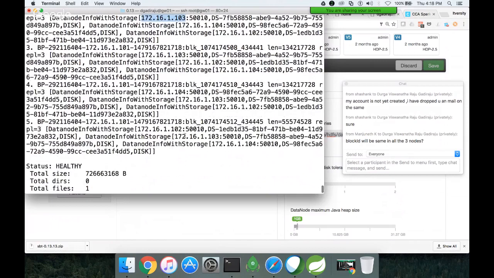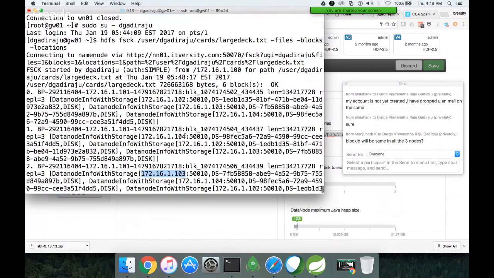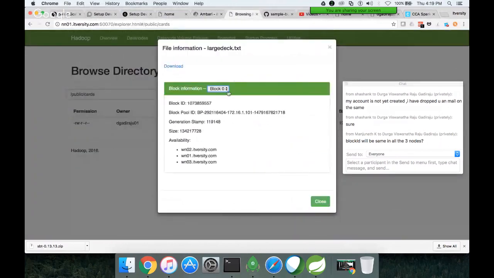And now let us come. So I hope you are all clear that data, or files, will be stored in a distributed file system on worker nodes in the form of blocks. Okay, now let us understand the relevance of name node a little bit. Whatever information we are seeing using HDFS FSCK or using the name node web interface by going to that file is called metadata, and this metadata has to be managed by someone,